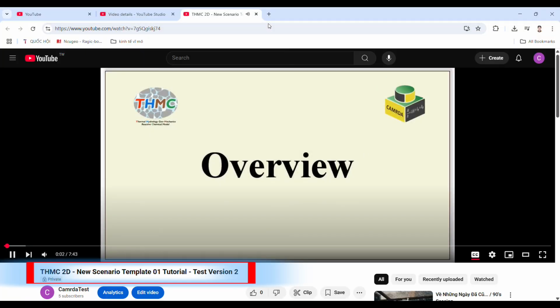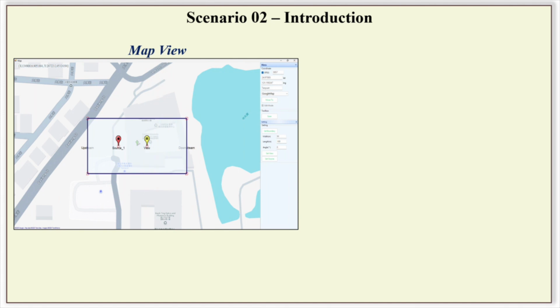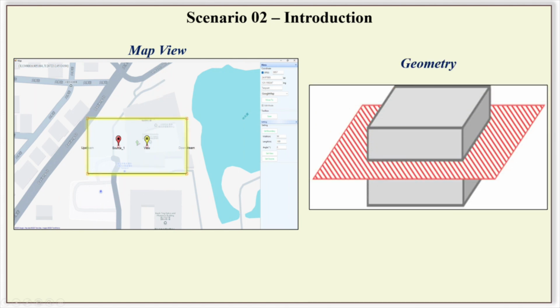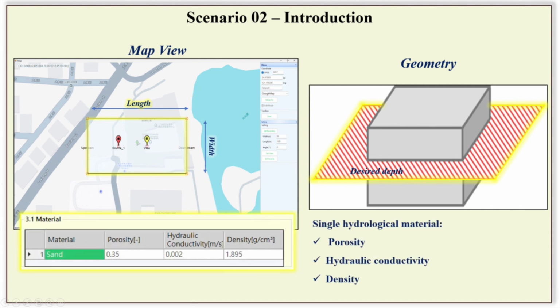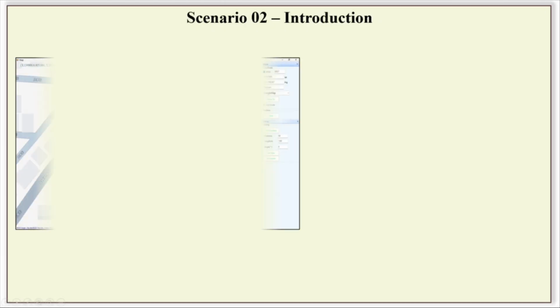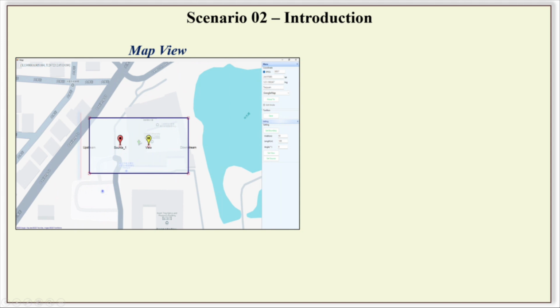with the basic operations. The simulation area represents a horizontal cross-section within a rectangular area at the desired simulation depth. Users can define the field boundary by map and freely adjust the length and width dimensions, and modify the mesh density. The default setting assumes a single hydrogeological material, defined by porosity, hydraulic conductivity, and density. Users can input constant water head boundaries for upstream, left side, and downstream, right side, or use site-specific water elevation